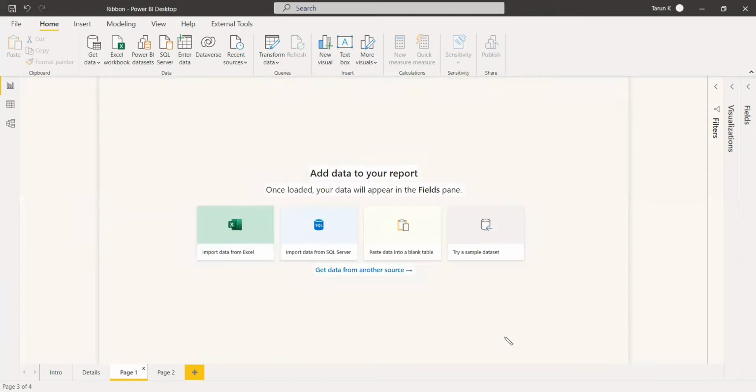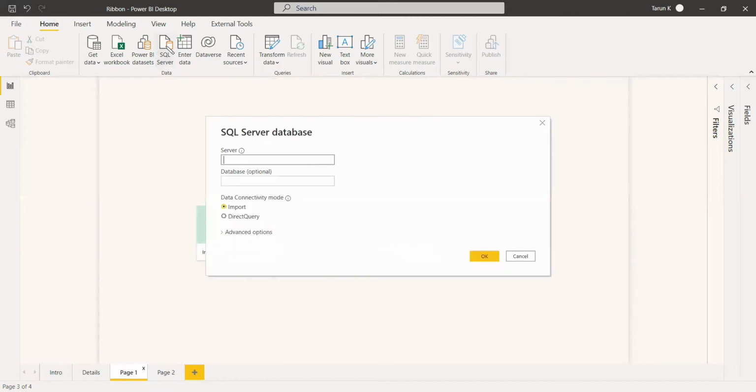We can take the AdventureWorks data warehouse, and from that we can take three tables: dim date, fact internet sales and dim customer. You can get it from the SQL server. Just give the server name.